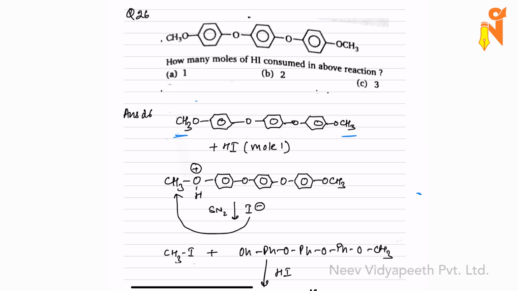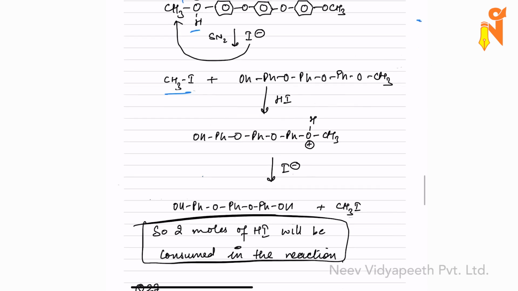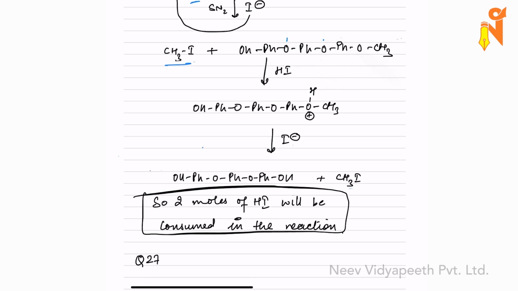Let's start and understand. Let me target this part first, and I'm attacking with HI. I will get a protonated ether here, then I minus will do SN2, will cleave this bond and will form CH3I and OH, Ph-O, Ph-O, Ph-O, CH3. One more time when I do HI, it can attack on this oxygen, or it can attack on this one, either way. But the only problem is if H is coming over here and forming H plus, this reaction is going to be reversible because no further bond will break. Same is the case if I do the reaction here, I'll form H plus over here, this reaction will be reversible because no further bond is going to cleave. So in these two places this will happen.